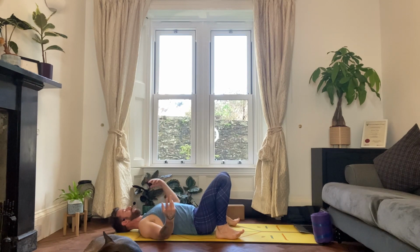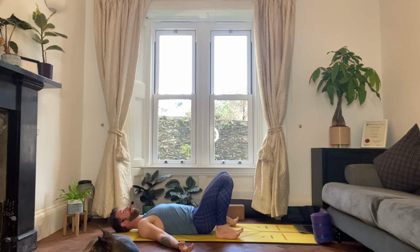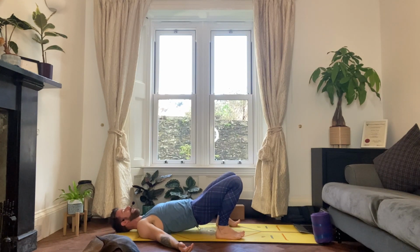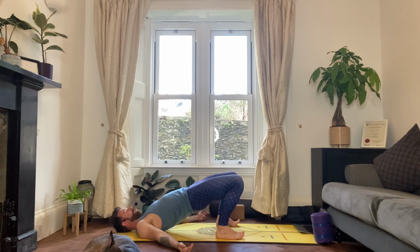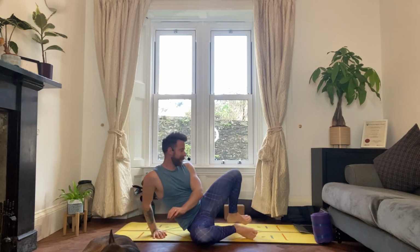Draw your shoulders down away from your ears. And if you've done bridge with me before, you know that there's the option to put props at the inner thighs, either roll or block. If that is your preference, I always prefer with. Exhale, press into your feet, curl tailbone towards the ceiling and lift your pelvis up. Use this time, elevated,